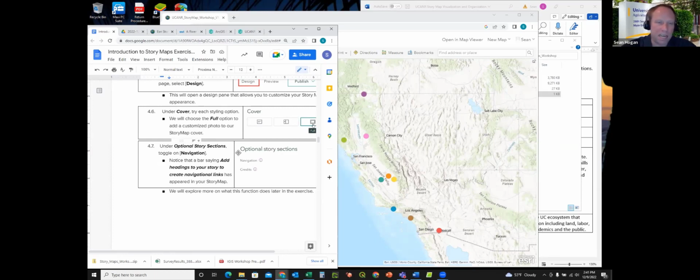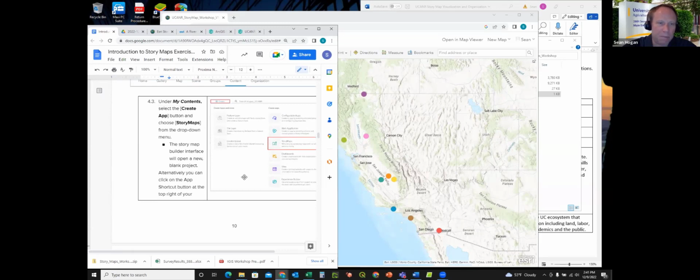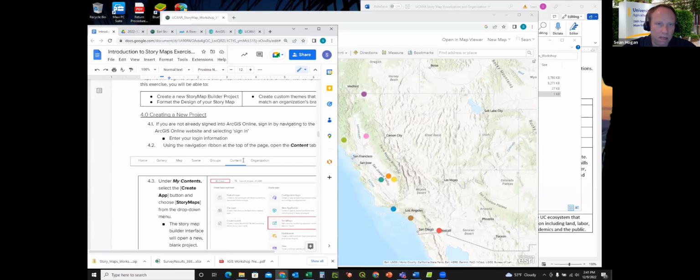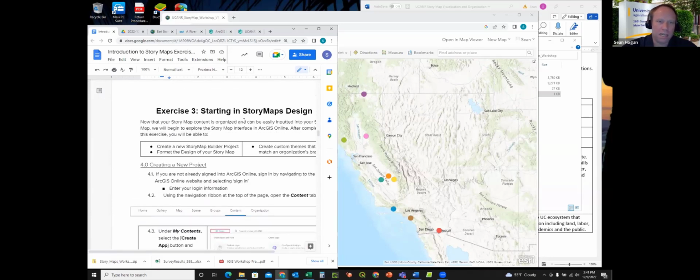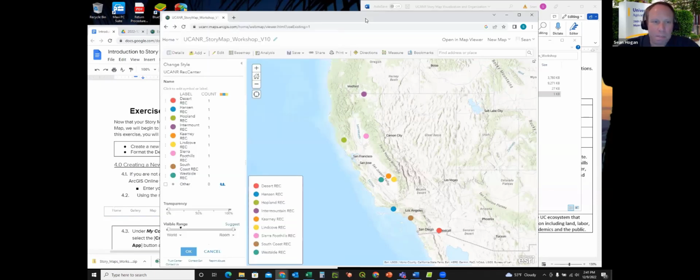All right, I just referred to the directions to refresh my memory, because in the next section I am going to have to do a fair bit of copying and pasting, and you will as well if you're following along. So the next section is going to be starting your story map design, which is a really neat feature of the story map builder that wasn't there in the past. And it's really neat, especially if you're designing stuff to be consistent with your organization's